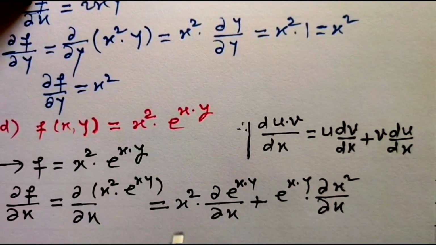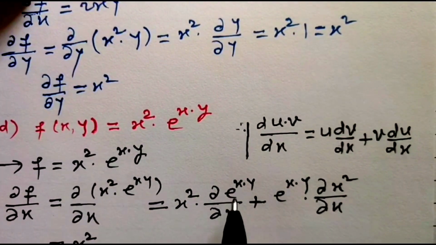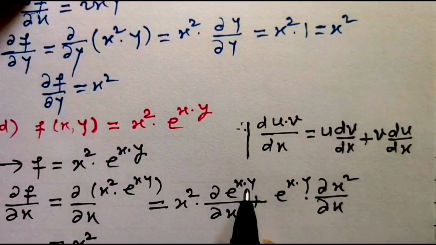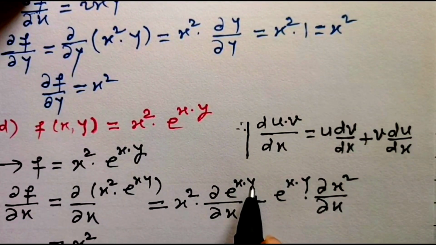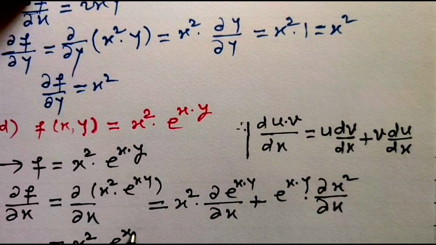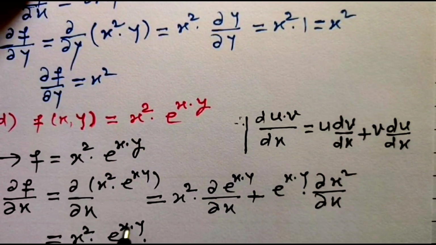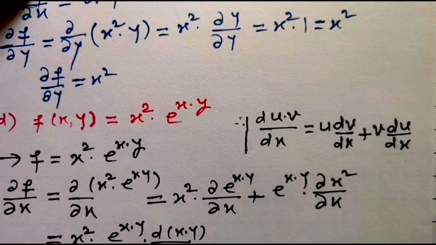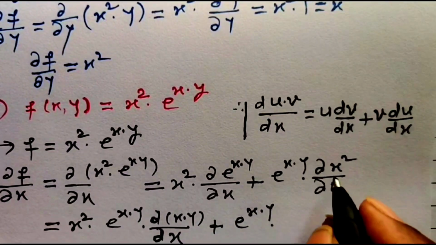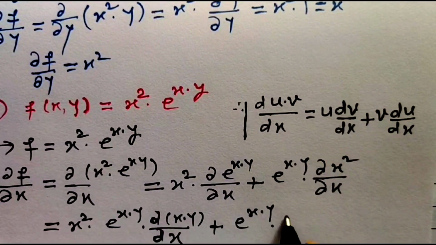So this is equal to x square into the derivative of e to the power xy. You know, the derivative of e to the power x is e to the power x. Here y is a constant coefficient, so this becomes constant and its derivative will be e to the power xy into the partial derivative of xy with respect to x, plus e to the power xy into the derivative of x square with respect to x, that is